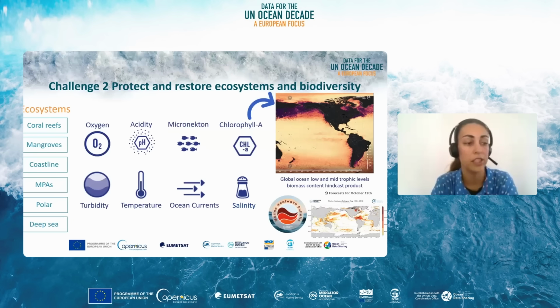And in addition to these products and variables, Mercator Ocean International also publishes a weekly marine heatwave bulletin for the global ocean. So oceanographers analyze a range of data sets from observations to numerical models and forecast marine heat waves for the next 7 days. So you can find these bulletins on the Mercator Ocean website.